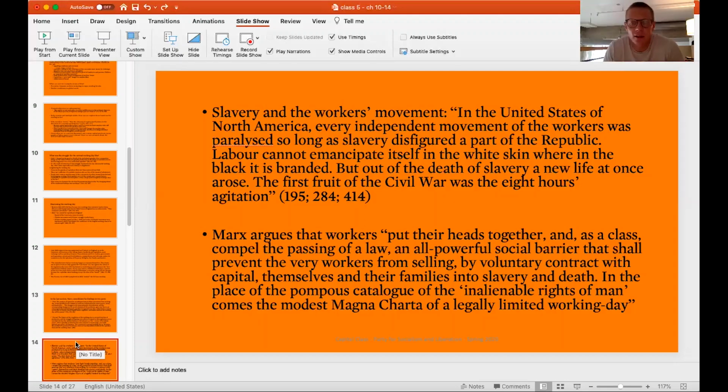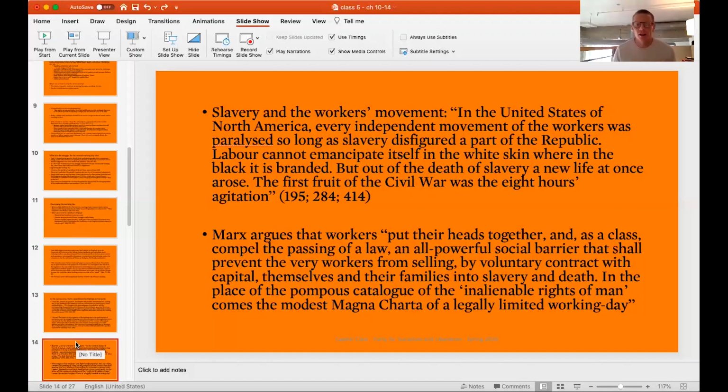And at the time, Britain had the largest navy in the world, and so their intervention really could have been quite significant, in terms of altering the course of the trajectory, maybe even the outcome of the war. And so Marx and the working class in England agitated and organized against that military intervention. So we see that the anti-imperialist, anti-colonialist organizing that was happening in the colonizing country was part of the struggle in the colonized territory, and the struggle by the colonized people and by the enslaved people.